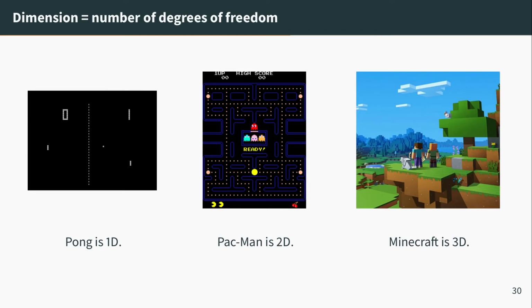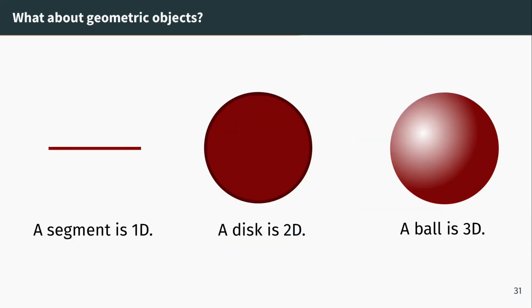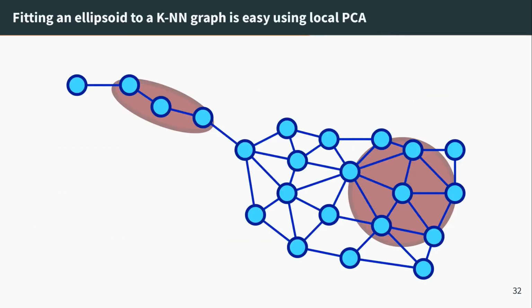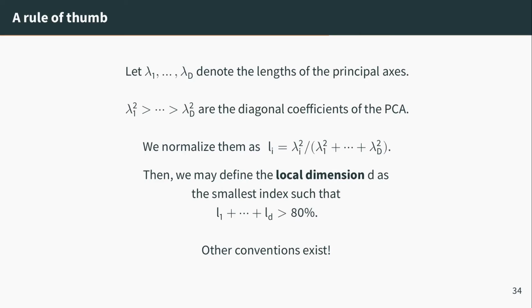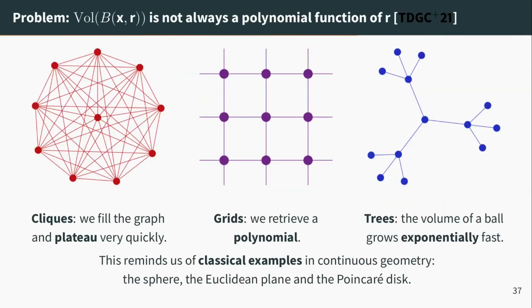And we've seen that even though the notion of dimension is appealing, and even though it can be applied to some graphs, like 3D point cloud and some other types of graph, like you can, as a rule of thumb, say that this is more dimension 5, this is more dimension 10. It's not a notion which is very precise, and it's a notion that breaks down even on very common types of graphs like cliques and trees.